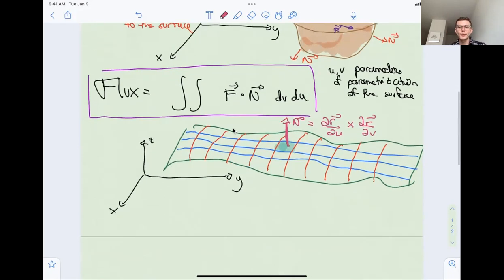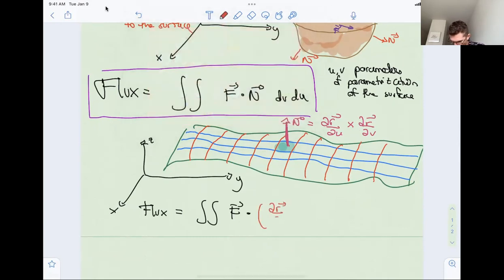So the actual formula for the flux that you need to know, and I'm about to do an example, so this is how you are going to compute the flux in practice. It will be an integral of F with the dot product